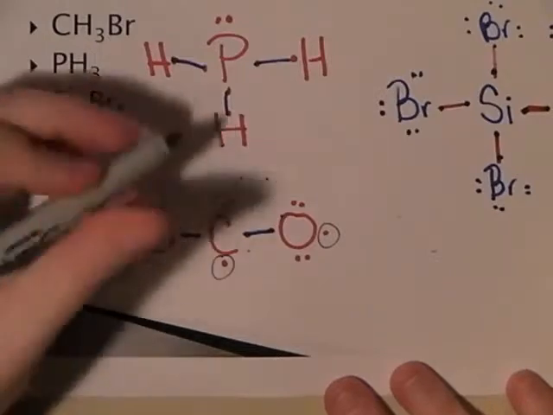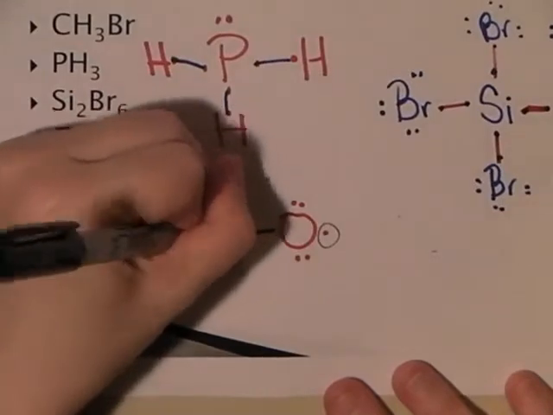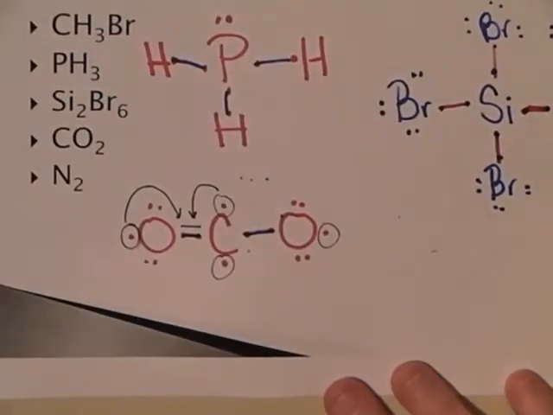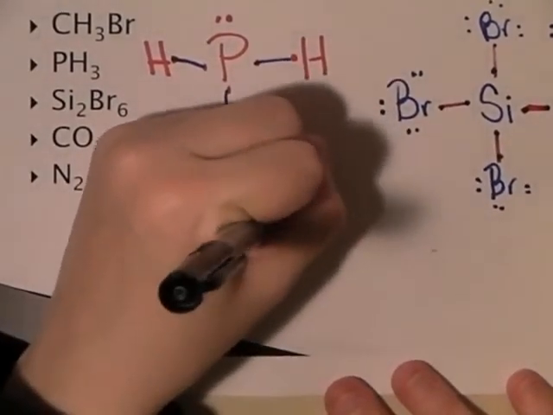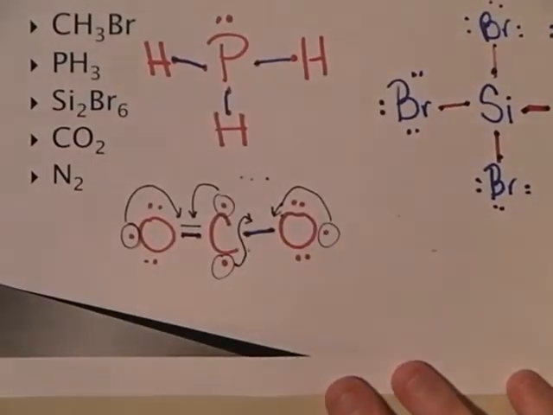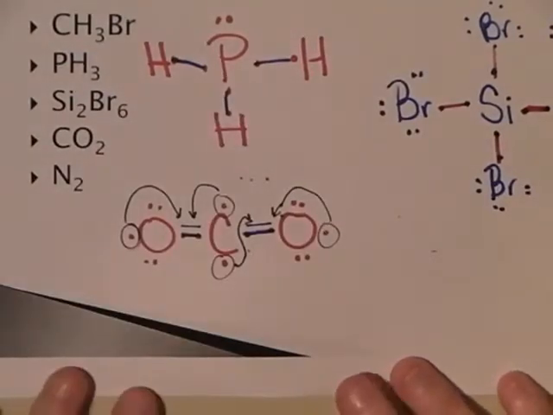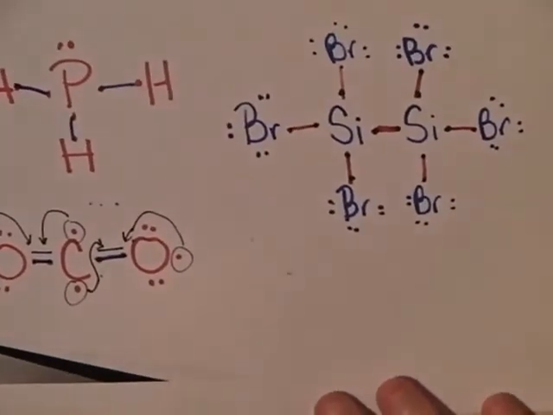So what will end up happening is oxygen will bring this electron and carbon will bring this electron to form a double bond. And the same thing on this side. Carbon, which I probably should have drawn that the other way, and oxygen to form another double bond. Right, and that looks a little bit messy, so if we were to